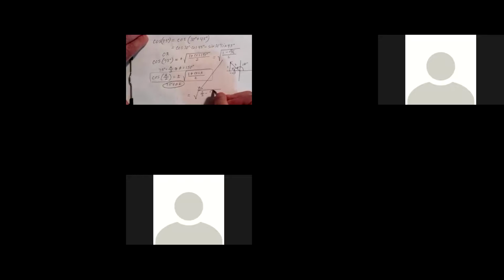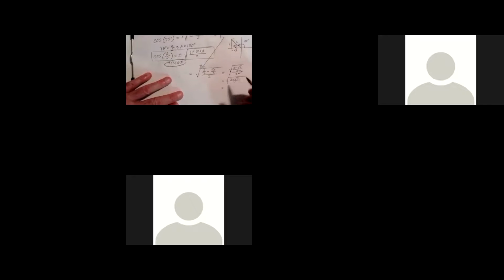So 2 halves minus the square root of 3 over 2 divided by 2, which is a way of saying the square root of 2 minus the square root of 3 over 2 divided by 2. These 2's would multiply. So we would have the square root of 2 minus the square root of 3 divided by 4,